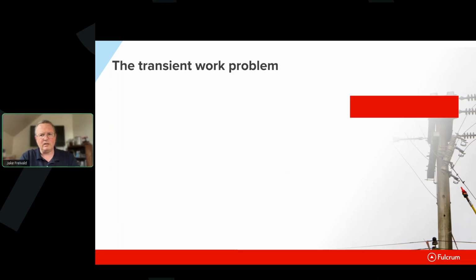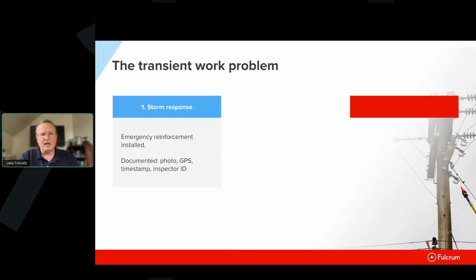I'm going to talk about one particular way that shows up, and that is in transient work. So with one particular client we work with, they just spoke for us at a conference about this exact problem, where they were engaged in storm response. And when the emergency first occurred, there was a lot to do just to get the lights back on. So they would replace a pole, or they would replace a transformer, whatever it might be. They would document that fully with the photos and the location where they were working, et cetera. And that would help them re-energize the grid in the place where the re-energization needed to happen.